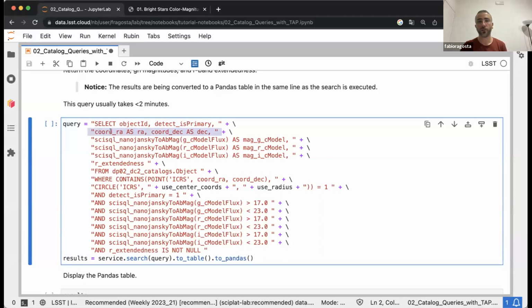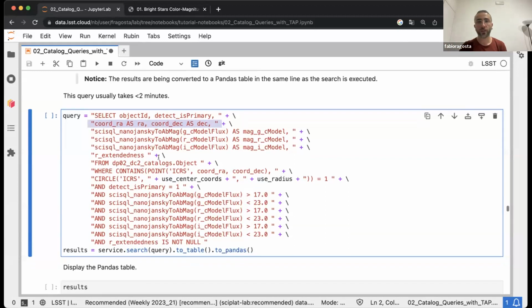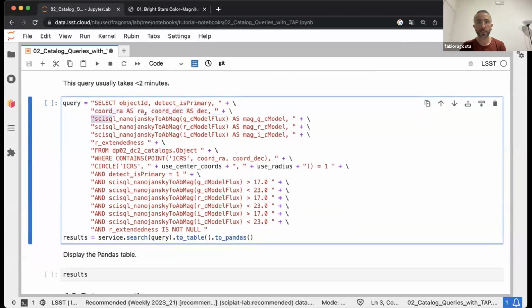Here we are naming the column cord array just array, and cord underscore deck as deck, and we are querying all the features of the table we are interested in,